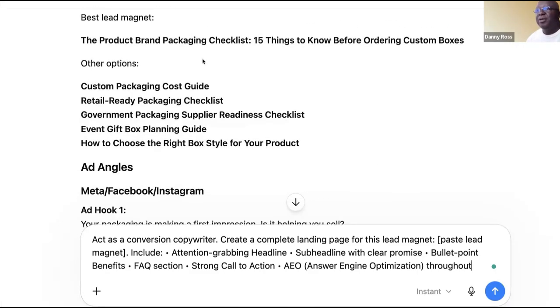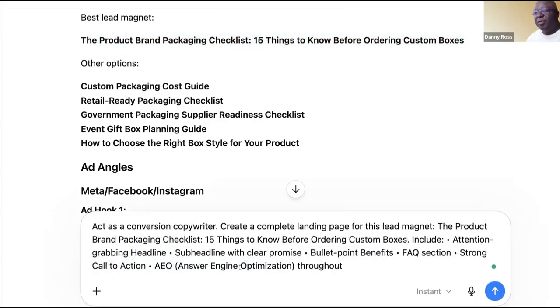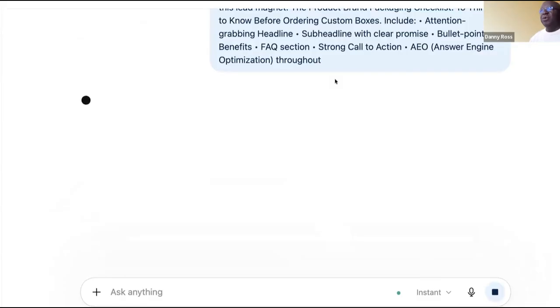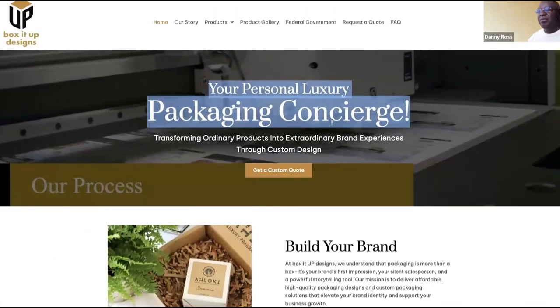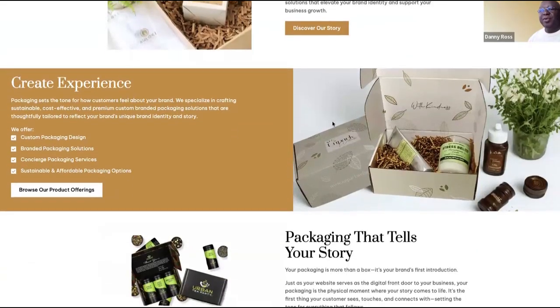Such the lead magnet. There we go. Control C. And so I'm going to grab that lead magnet and I'm going to say, give me a landing page for it. Perfect. So the idea is, of course, you have your products, you have your brand, your experience,